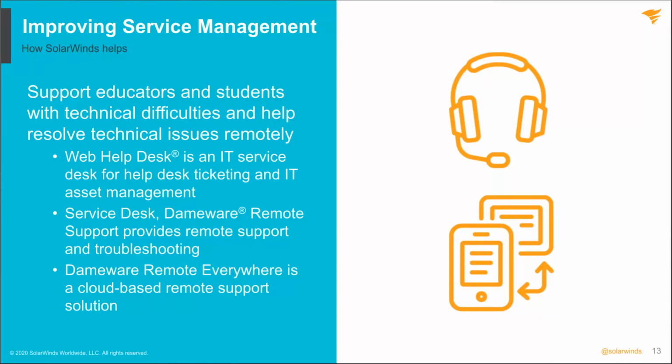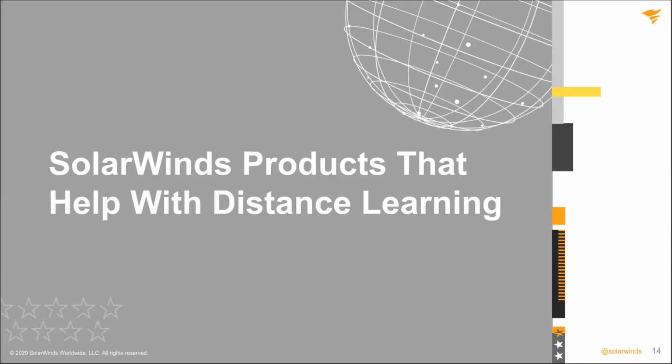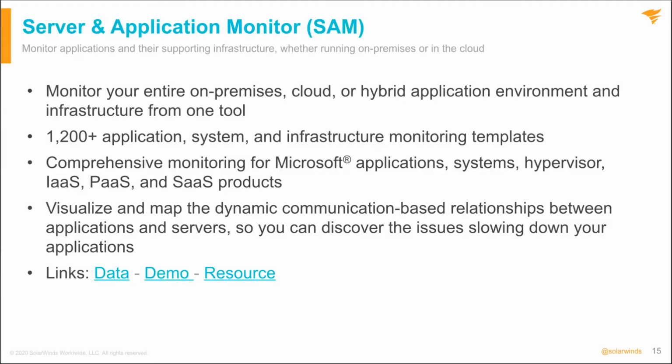So let's move on here. SolarWinds products that help with distance learning. So we talked about applications. How do we ensure that things are running? If there's a service that goes down, we need to be able to monitor that, whether it's on-prem, on one of our virtual servers or a physical server, or maybe